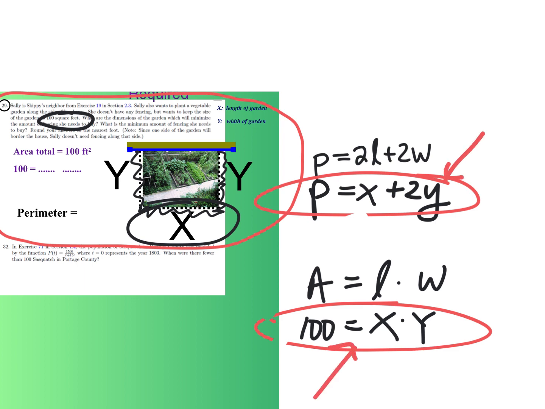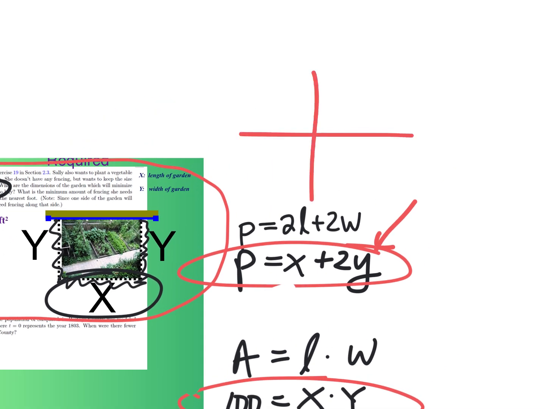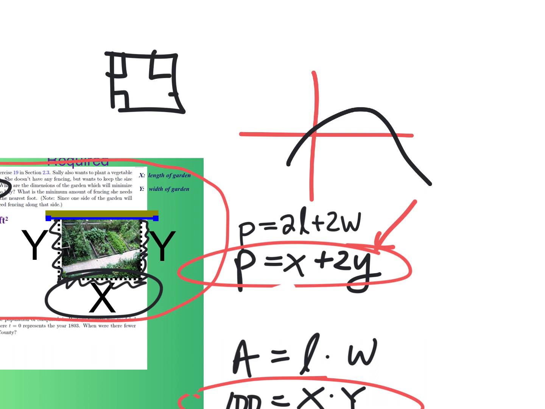And then you've got to put it all together and you'll be able to do that same thing we did last time. You remember that deal where it was kind of like this? When we graphed the box that had the corners cut out of it? Remember that? And when you sketched the polynomial, you ended up going, oh, it's between here and here. That's the domain. Only logical to be between 0 and, let's say, 5 or whatever. And that somewhere in there is the maximum. Except on this one,